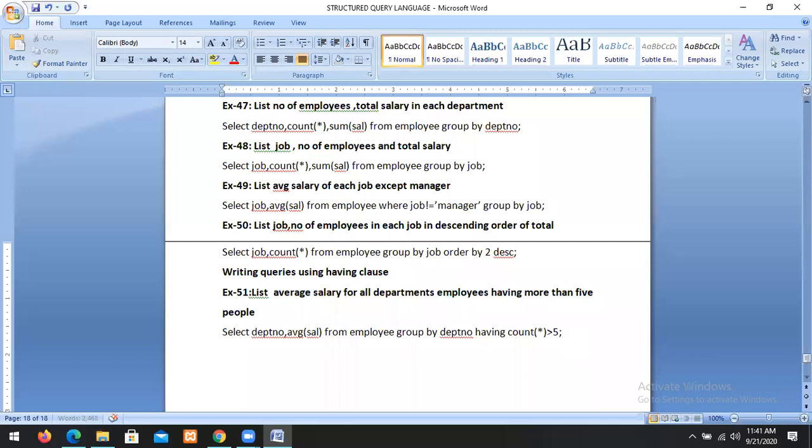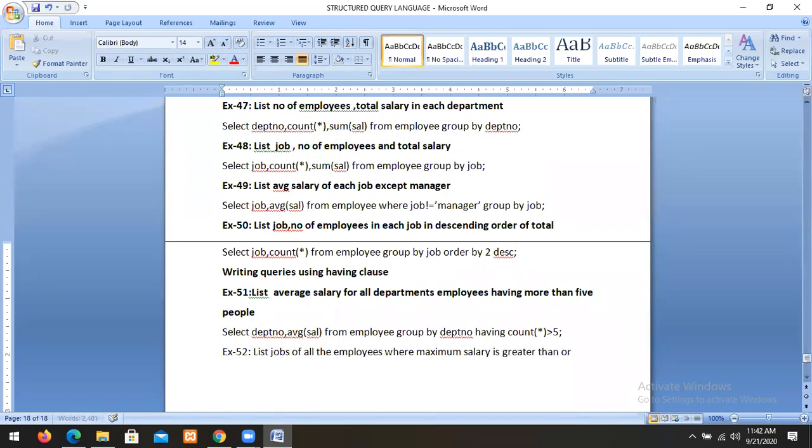Similarly, list the jobs of all the employees where maximum salary is greater than or equal to 5,000.